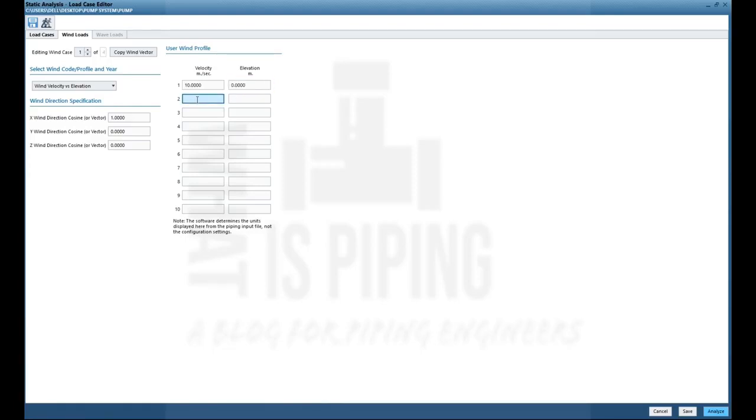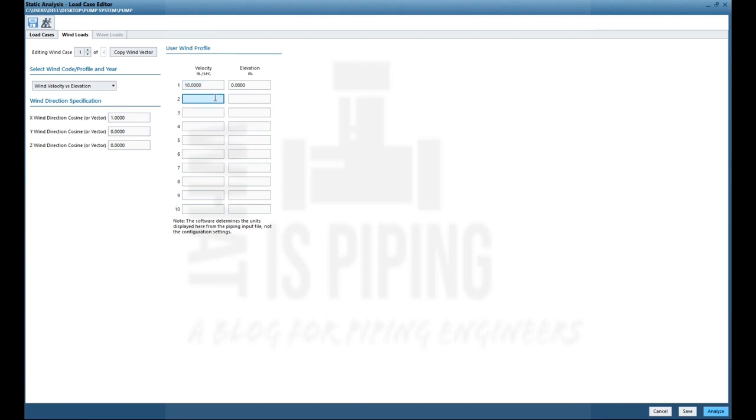For a few project specifications, they will say to apply wind after 10 meter elevation, but a few others say that from ground level itself you have to apply. So accordingly you have to have the inputs for this wind analysis. I am considering from ground level.